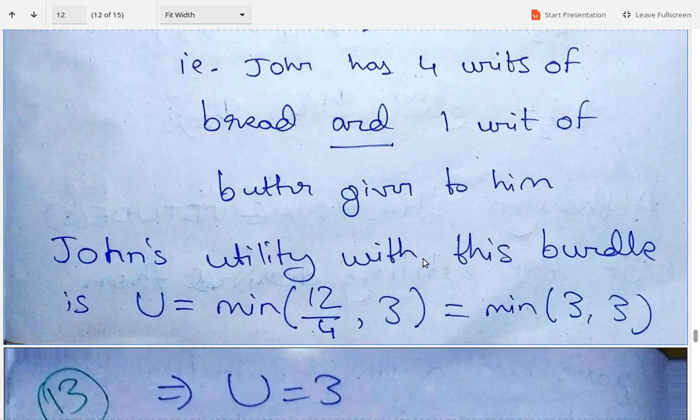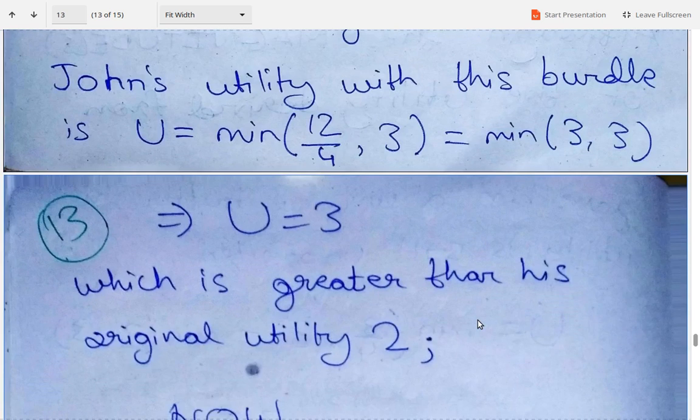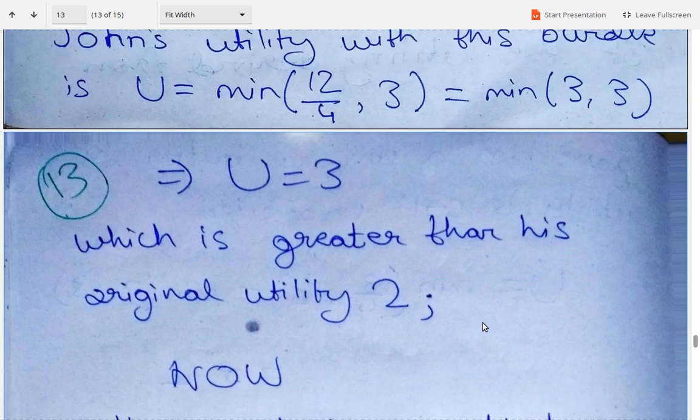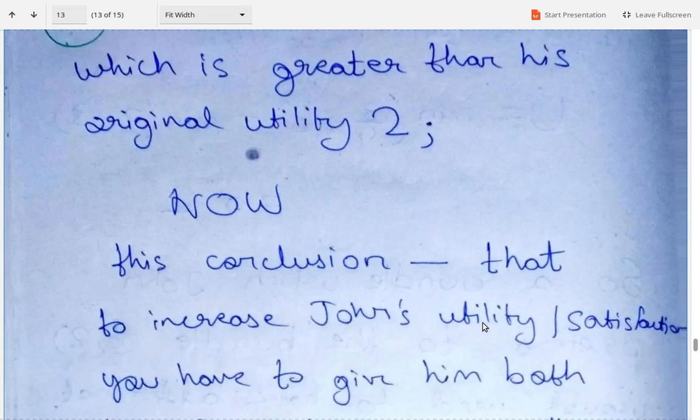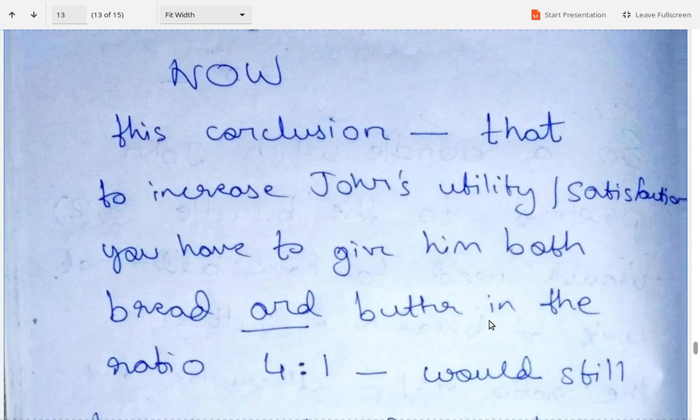Now John's utility with this bundle is u equal to the minimum of 12/4 and 3, which is just the minimum of 3 and 3. And so John's utility is 3, which is greater than his original utility 2. Now this conclusion, that to increase John's utility or satisfaction, whatever you want to call it, you have to give him both bread and butter in the ratio 4:1,